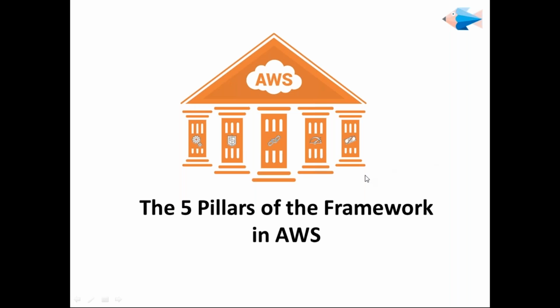Yeah. So today we'll see about the security features, like what are the services which you are supposed to use when you're having your data in AWS. Okay. So if you want to build an infrastructure in cloud, especially in AWS, you have to follow the 5 pillars to build an infrastructure. Okay.